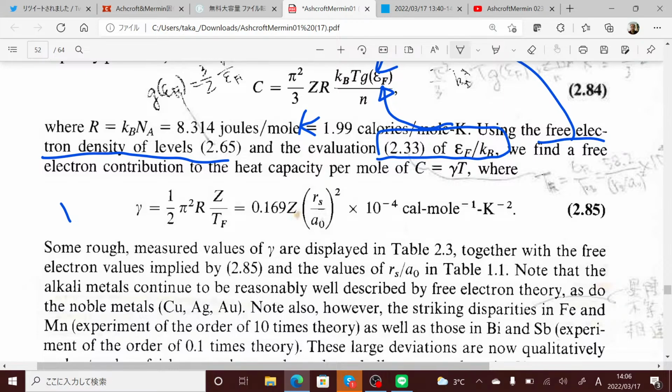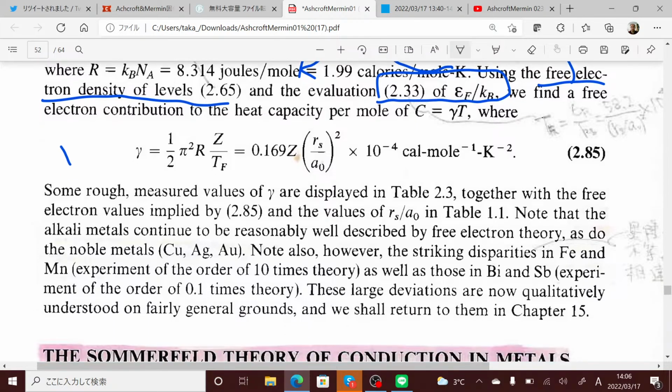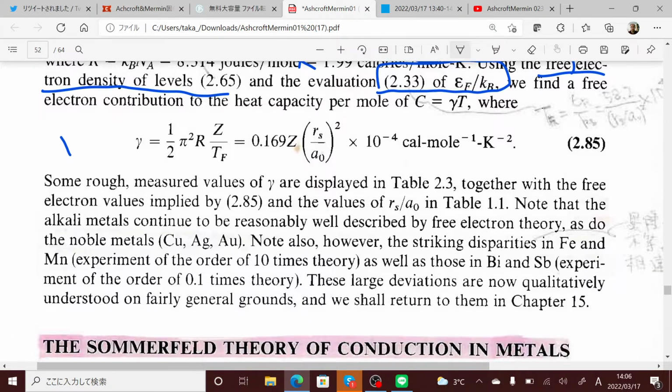Some rough measured values of gamma are displayed in table 2.3 together with the free electron